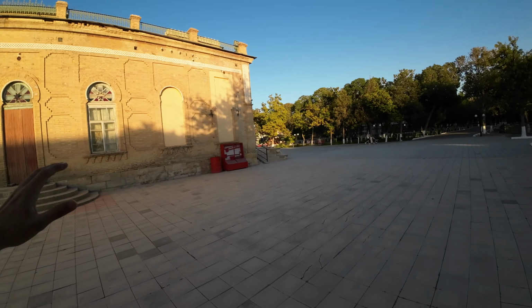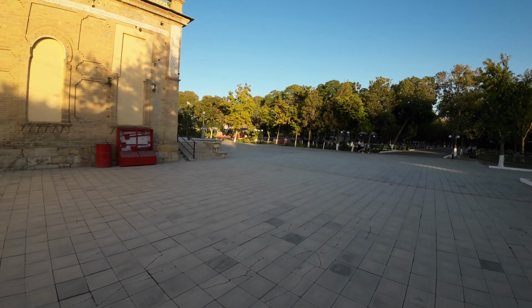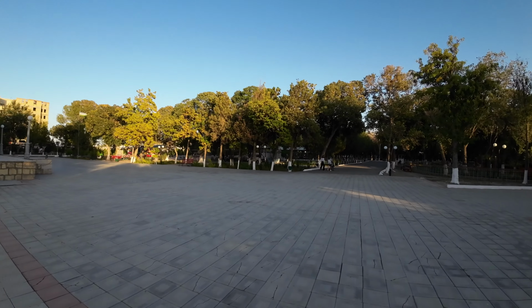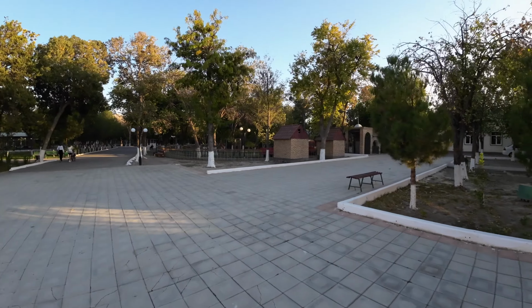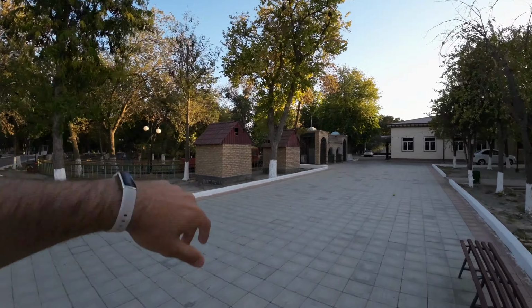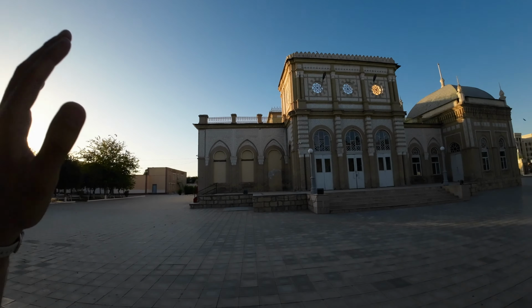Oh well. Well then, under the Bolshevik rule and under the USSR, all of this was, again, part of Russia. And the Russians built a bunch of stuff. Over there was a Soviet playground. Over here was another Soviet little train and giraffe thing. But more importantly, down there was a Soviet school. And a lot of Russians, when they come here, especially Russians from the USSR specifically, not current Russia, they walk around here and they think, am I in Moscow? And the answer is, nope, you're in Kagan, right outside of Bukhara, in a place where few tourists ever come,